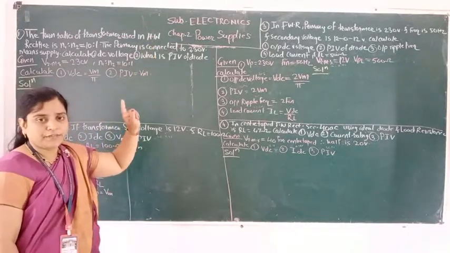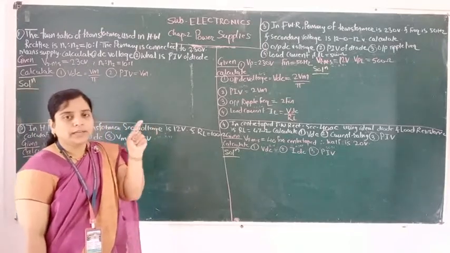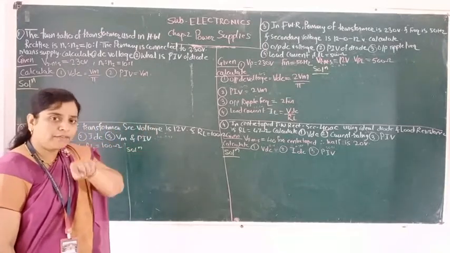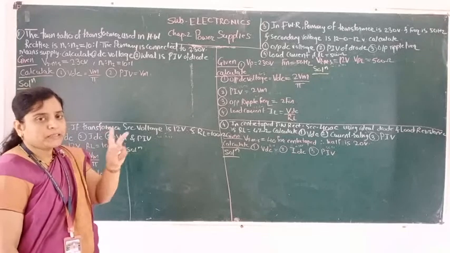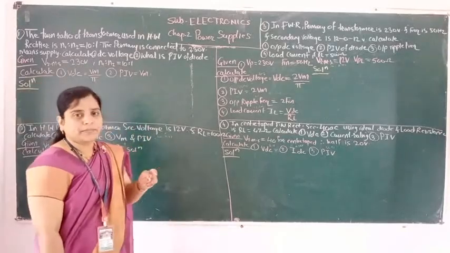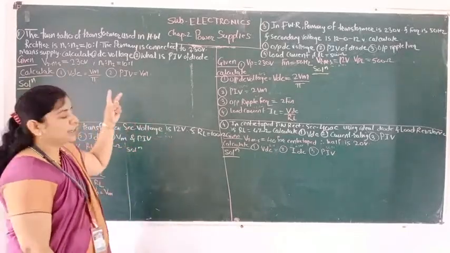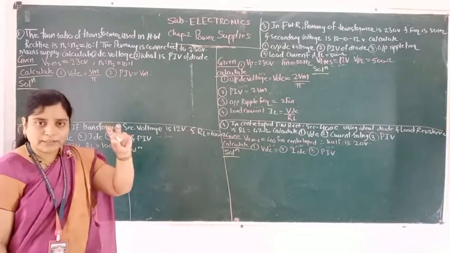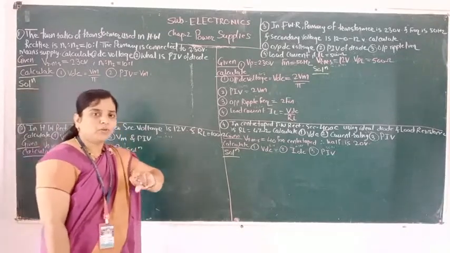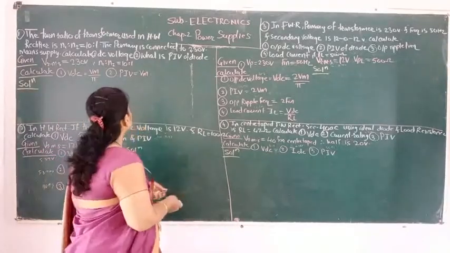What is a half wave rectifier? Only one diode is used, only one condition is there, only half of the wave will be rectified. You go in the flashback and try to remember what a half wave rectifier is. A half wave rectifier has only one diode and only that one diode rectifies. Okay, so what happened here?